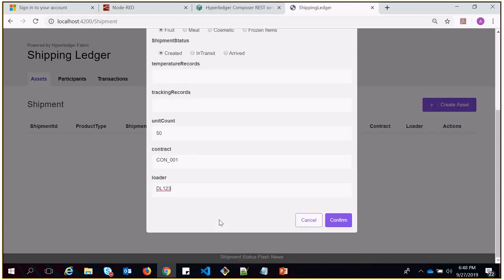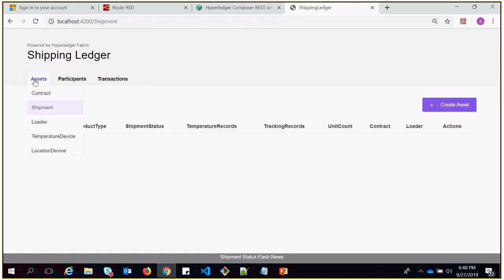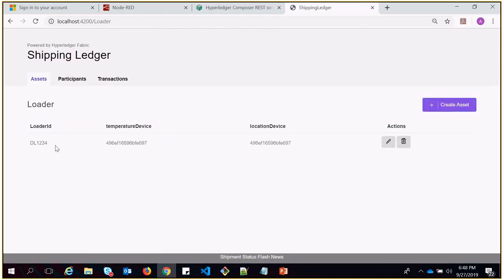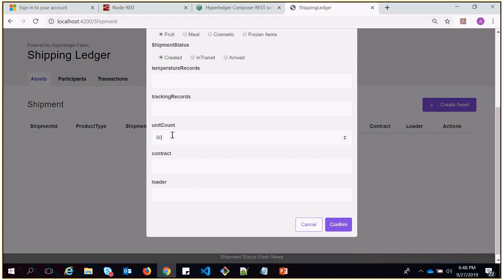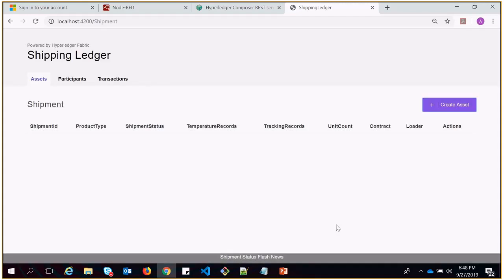If I'm not wrong, let me quickly check. It's 1, 2, 3, 4, sorry. Let me place the shipment again. So it's created. Unit count is 50, and the loader is DL 1, 2, 3, 4. Now you can see the shipment is created, and if you see at the bottom, there is a shipment status flash